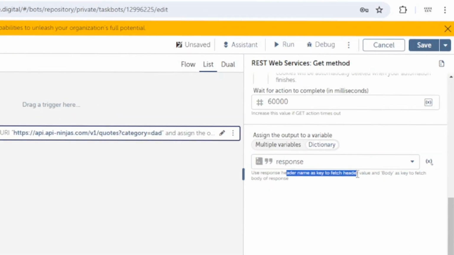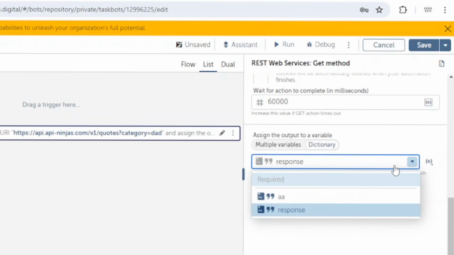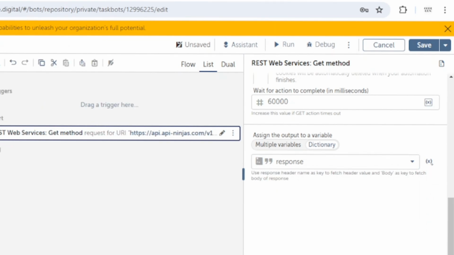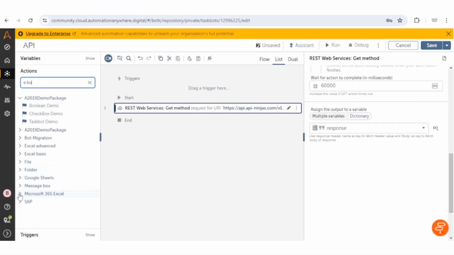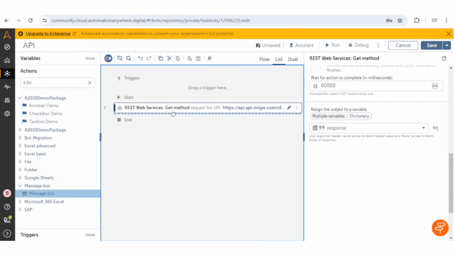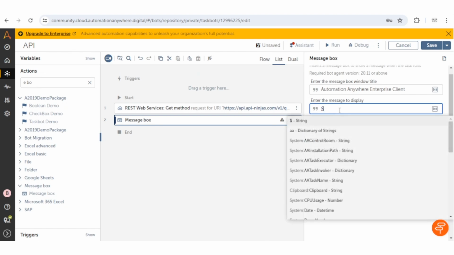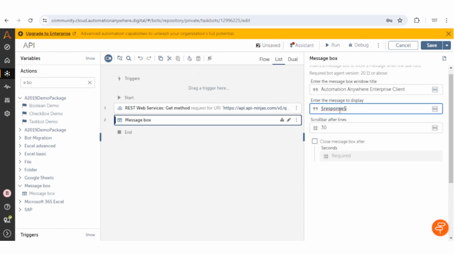And you can see here, use response header names as key to fetch header value, and body as key to fetch the body of the response. So if we want to fetch the body, we will use the key body. Let me show you. After executing this API, we will get a response in our dictionary. So let me use the dictionary, and we need to pass the key, which will be body.